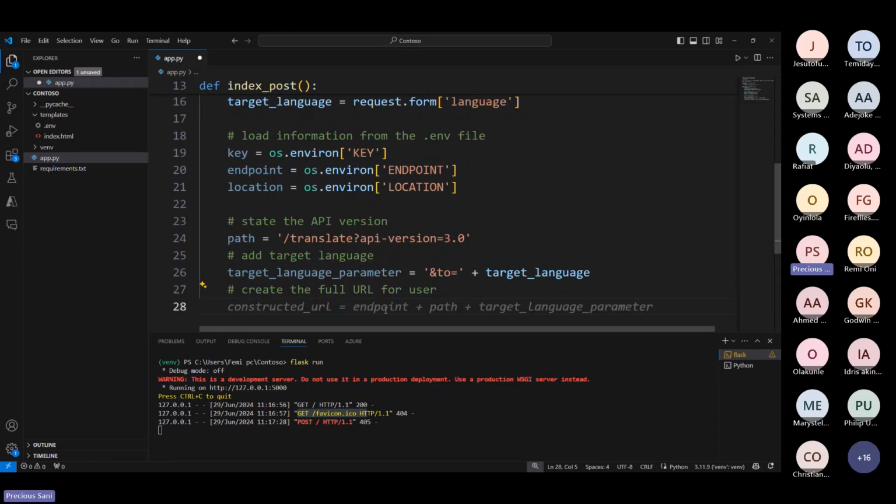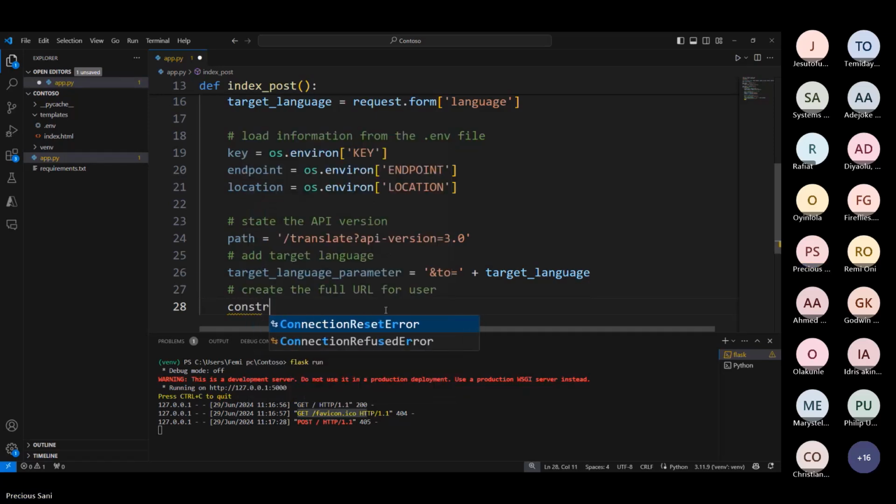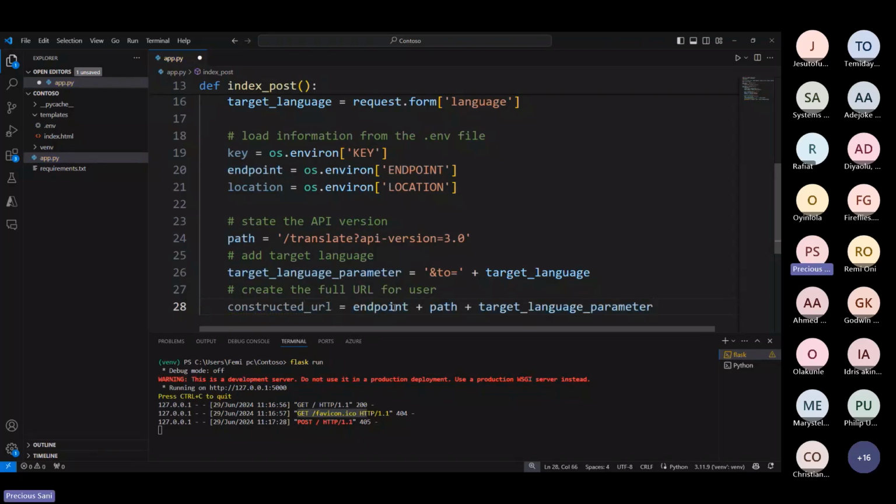Let's call this constructed URL, or created URL. Good. So now it's going to be endpoints plus paths plus target language parameter. All of this will help you create a string of the URL. So endpoints, which is this guy, slash the path, then slash the language. So it will be something slash en slash English, blah blah blah. Okay, so now